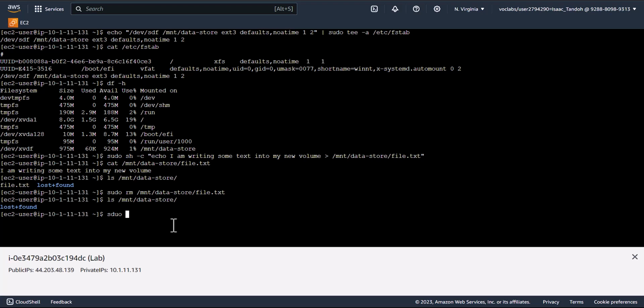So first we'll make a mount directory, sudo mkdir, and mnt slash, I'll just do it data store 2. Okay, I've made a directory, and then I'll do sudo mount, and then the volume is dev slash sdg, and mnt data store 2. Okay, so we've mounted the volume, and now we'll ls into mnt data store 2, and then we should have